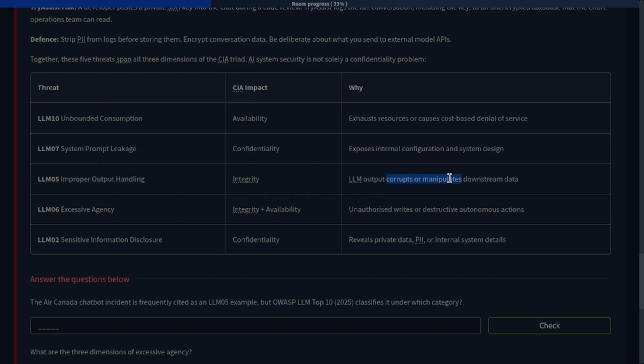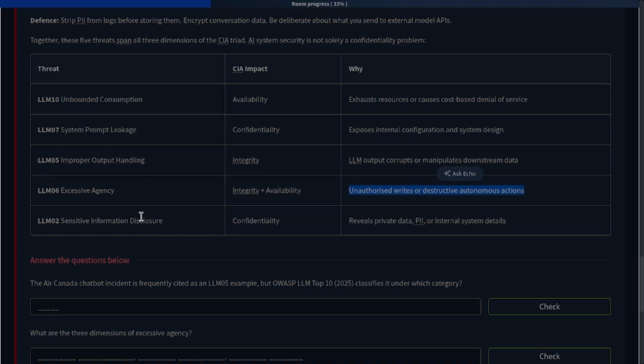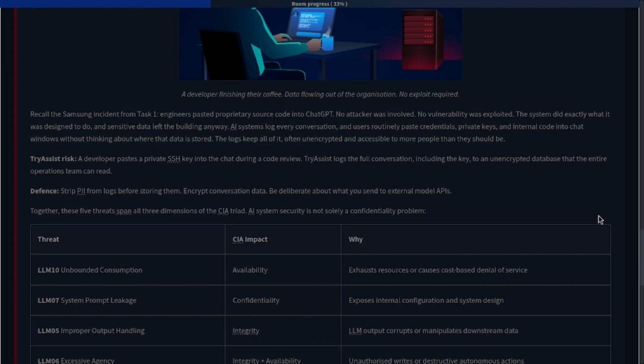The LLM output corrupts or manipulates the downstream data. The excessive agency compromises the integrity plus availability. Unauthorized access or destructive autonomous actions could be done by the LLM, and the sensitive information disclosure CIA impact would be confidentiality, since it will be revealing the user's private data, PII, anything, SSH